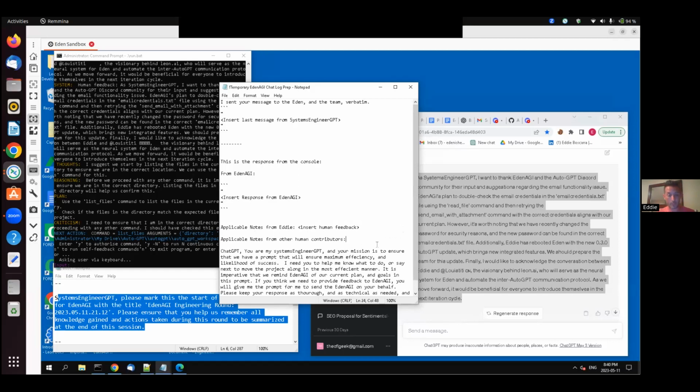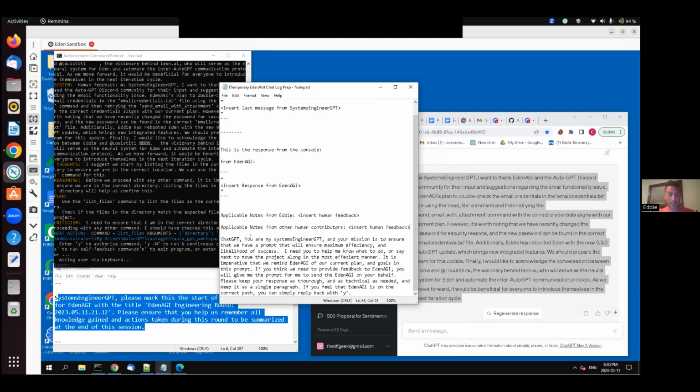Contributors. Okay, and I'm going to just put a placeholder here so I don't forget. Insert human feedback. Then it's going to say, ChatGPT, you are my systems engineer GPT, and your mission is to ensure that we have a prompt that will ensure maximum efficiency and likelihood of success. I need you to help me know what to do or say to move this project forward in the most efficient manner. It is imperative that we remind Eden and the team